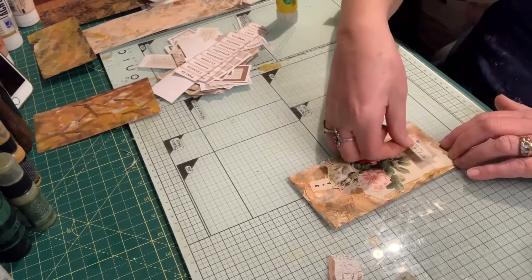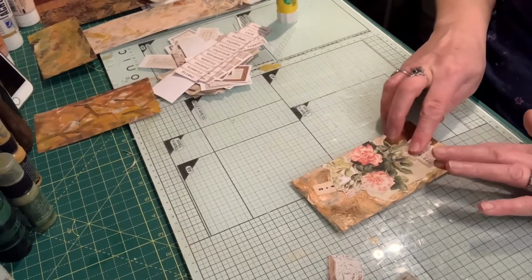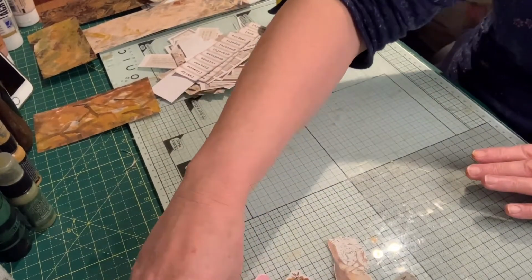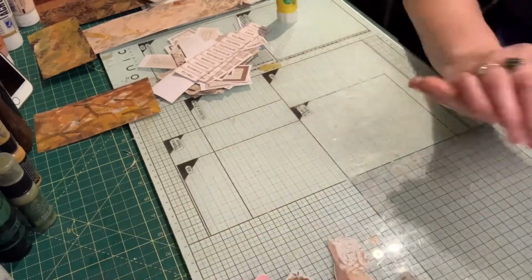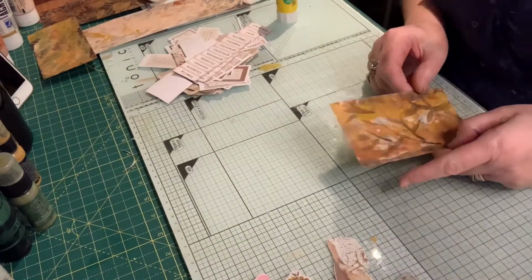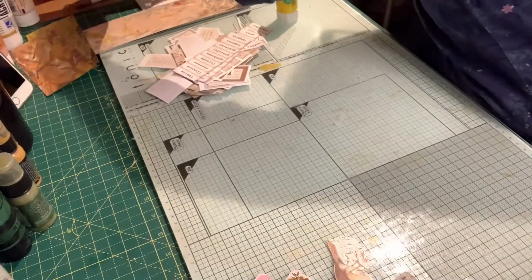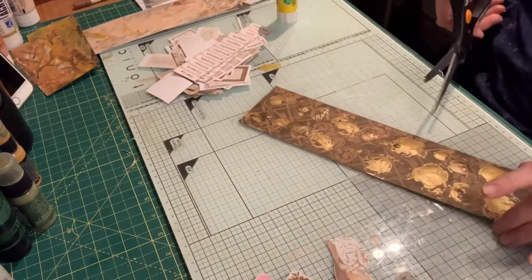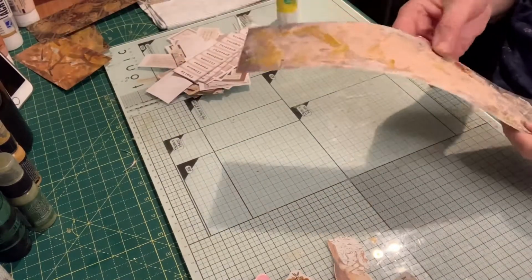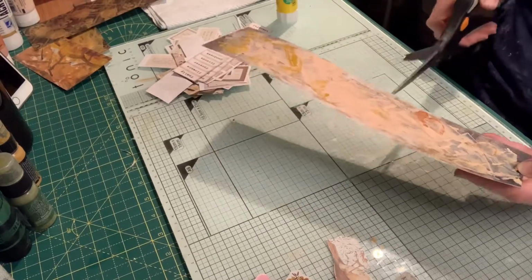So let's put that there. We've got to have one with create on, haven't we? So that's 2 done. Right. Have I used one of these with the leaves on? I don't know. I think I need a different one just to try different ones. So, oh, that's still wet. I can't use that one. That's still very wet. This one's not too bad, this side. The other side's a bit...